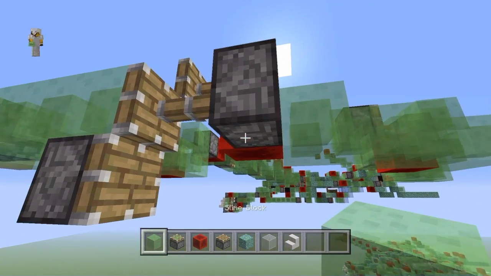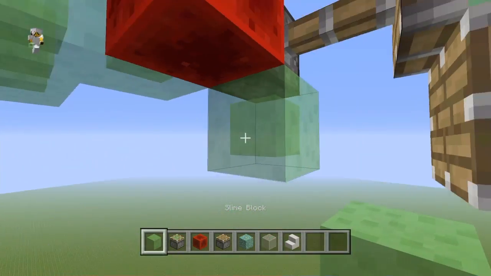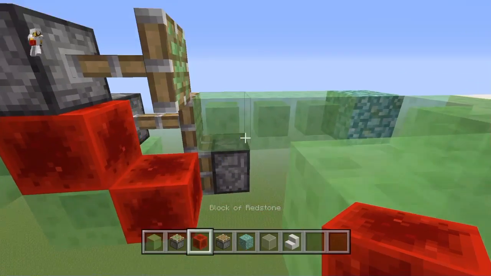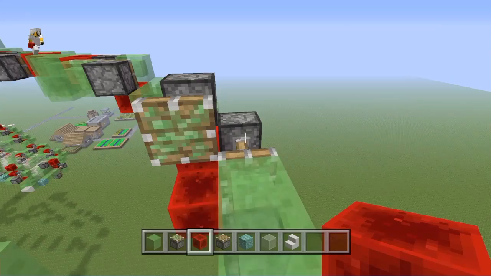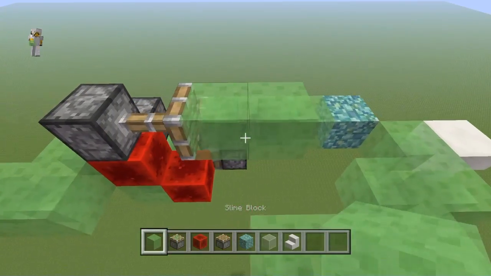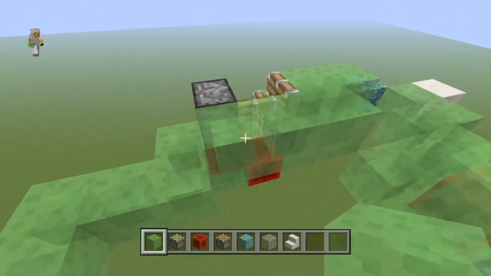Then coming off of the bottom here, you want a slime block here, come around this way, slime block there, and a redstone block right there. Now that will power this whole piece to move forward, including that sticky piston. So let's get this one. You want 2 slime blocks coming off of it like so, and then 1, 2, 3 slime blocks going back